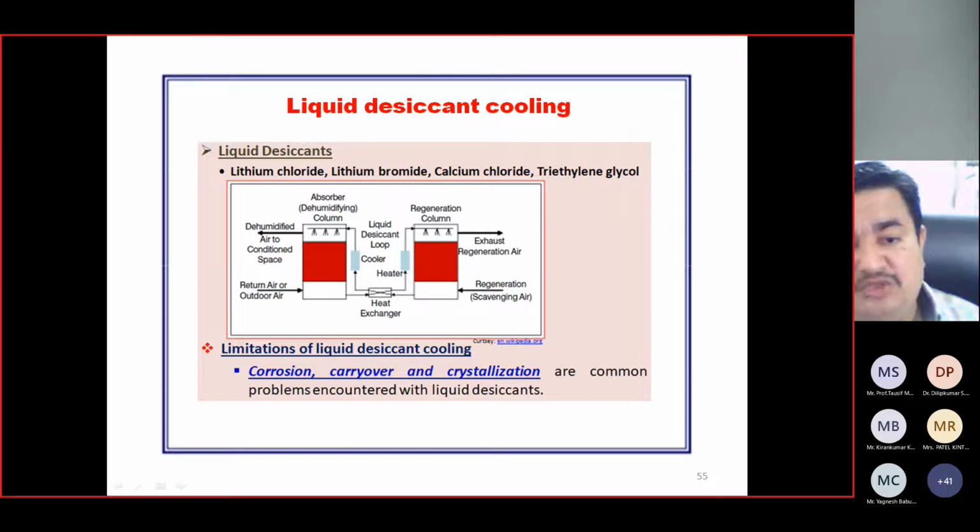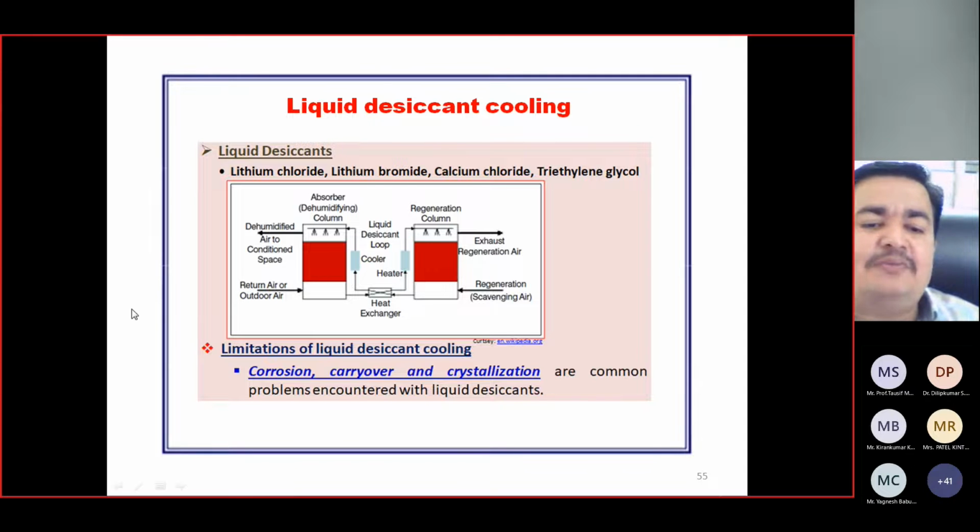The mild, or weak, solution of desiccant is useless because it cannot absorb further moisture as it reaches its saturation state, so it passes for reactivation in the regeneration column. In the regeneration column, from the top we flow the weak desiccant solution, and from the bottom we pass hot air, termed scavenger or reactivation air. When this weak desiccant solution flows down, it contacts the upcoming regeneration air, which is available at very high temperature. Pressure is the driving force, my friends.